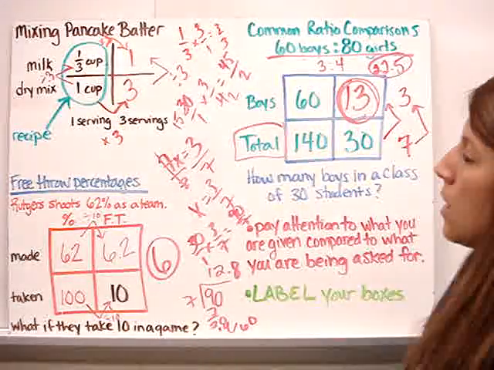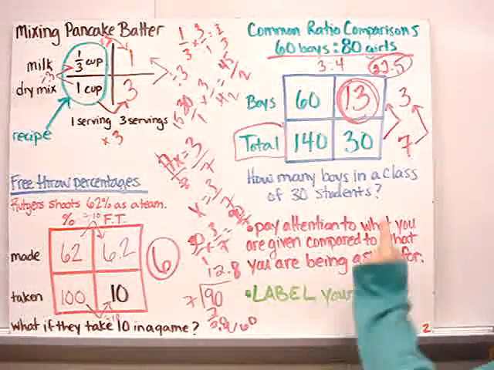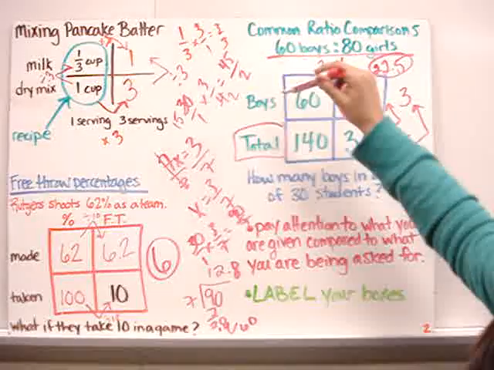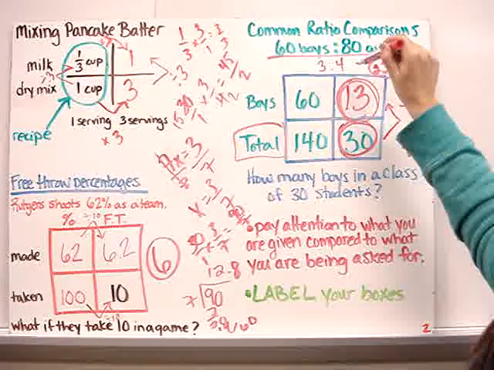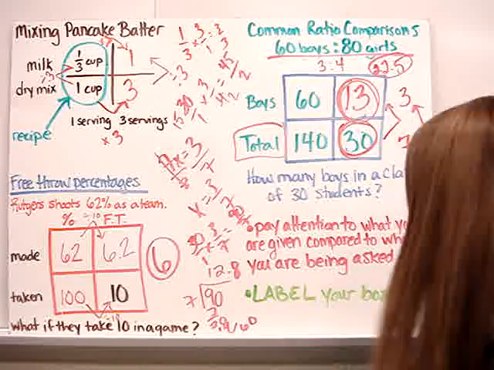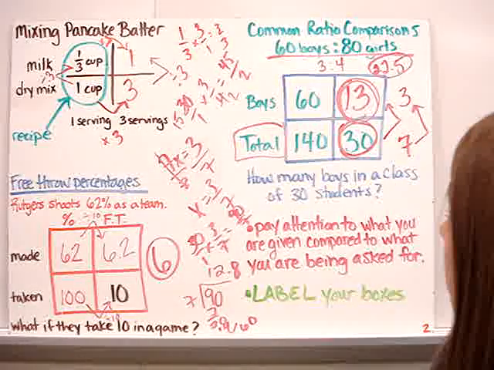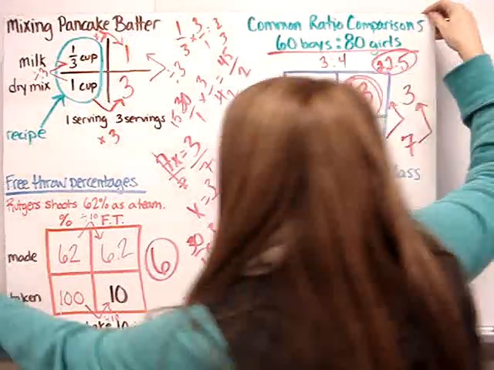It's true. So, I should follow my own advice. Pay attention to what you are given compared to what you are being asked for. If you are asked about boys to total, make sure you're using total. So in this case, when I did my little simplifying, it is 7, not 4. And then label your boxes. Boys to total. This would be whole school, and this would be one class. Lastly,